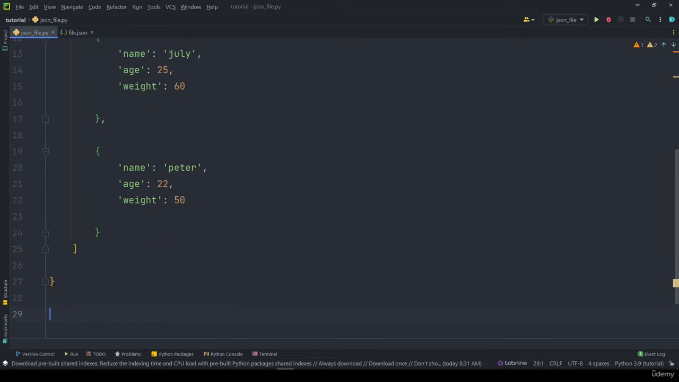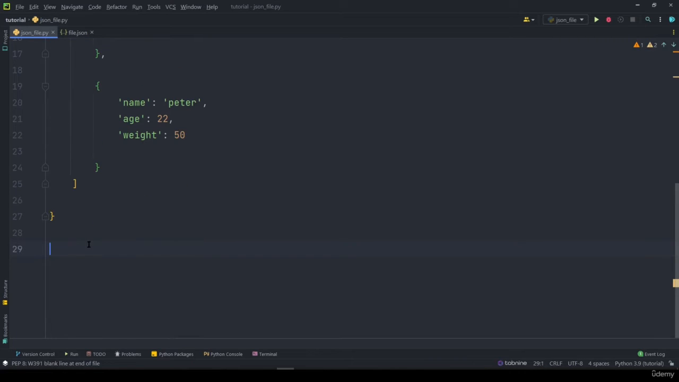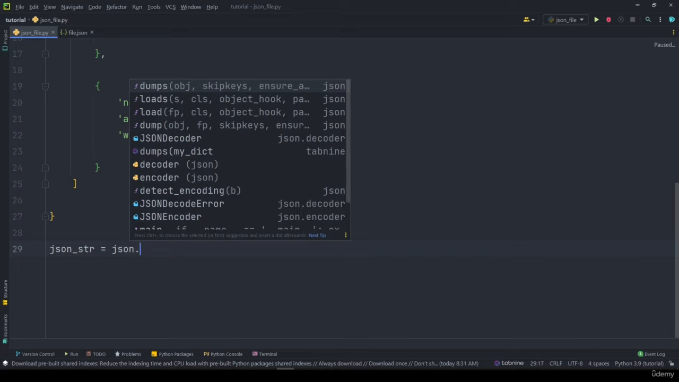To convert this into a JSON file, we have the inbuilt JSON module imported, so we just have to use it now. I'll say JSON string. We have to convert this into a string and then write this to a file. For converting this into a string, we'll use the JSON module. So we say JSON dot, and we have 2 methods, dumps and loads. Dumps takes a JSON object and converts it into a string. So we'll say dumps,